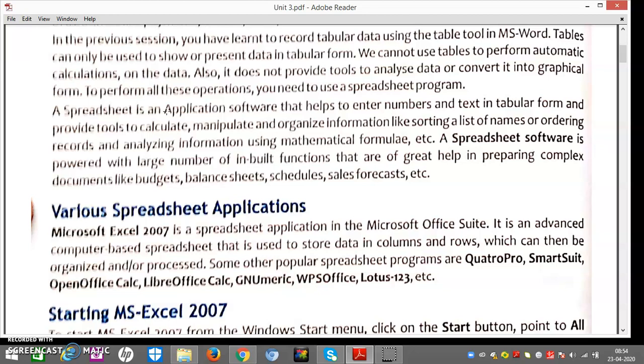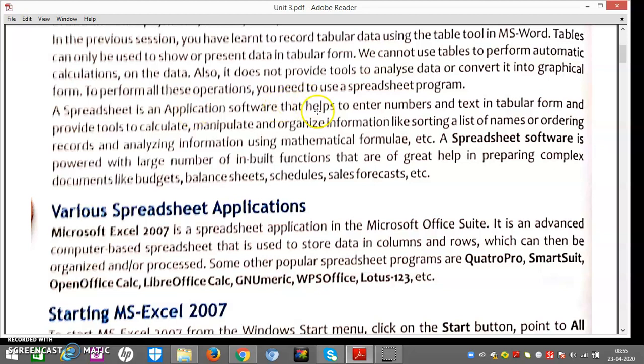A spreadsheet comes under application software, in which we enter certain numbers and text in tabular form, and it provides several tools to calculate, manipulate, and organize information. This means we can sort our data, we can find whatever we want to find, we can order our records in a custom way, and we can analyze various records using various mathematical formulas.